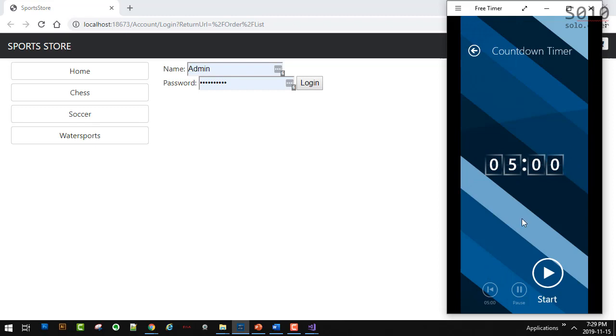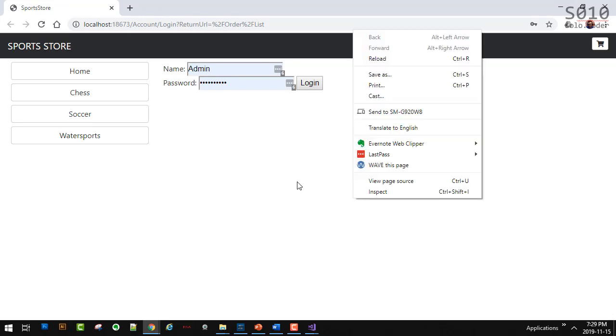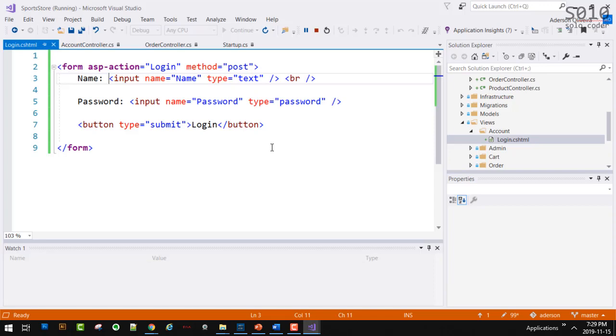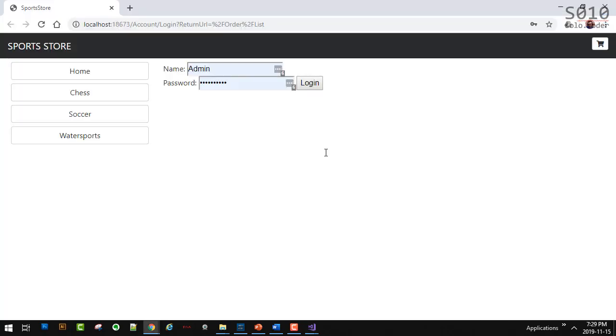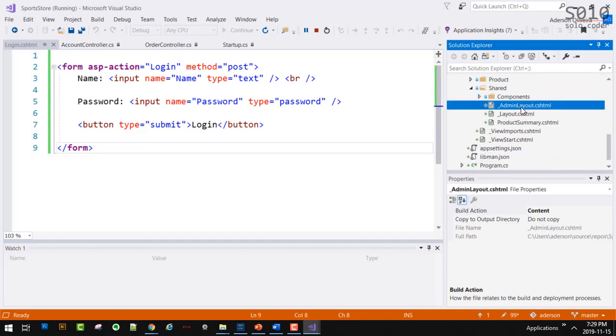Okay, so let's carry on here. When we stopped, we left our project like this. So let's fix a few things. First off, let's use a different template. If we have a look at our shared folder, you're going to see that we have two layouts. We have one layout for the front end and one layout for the back end, for the admin.